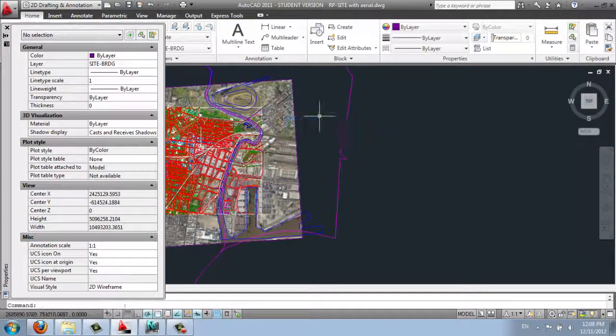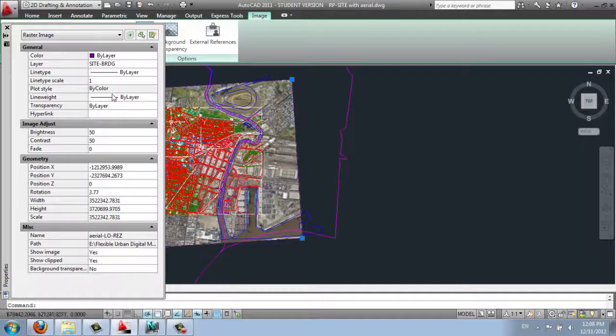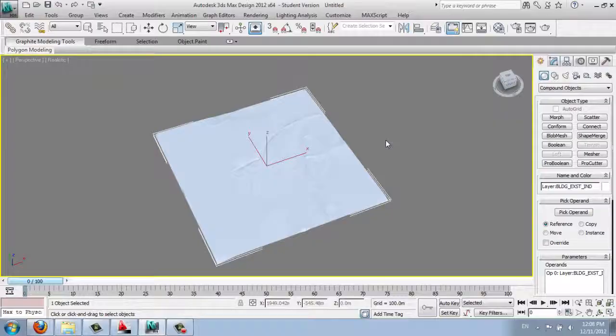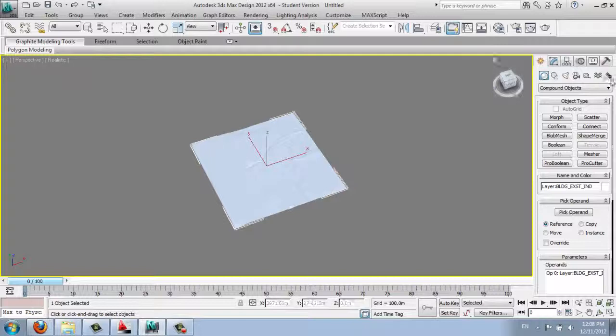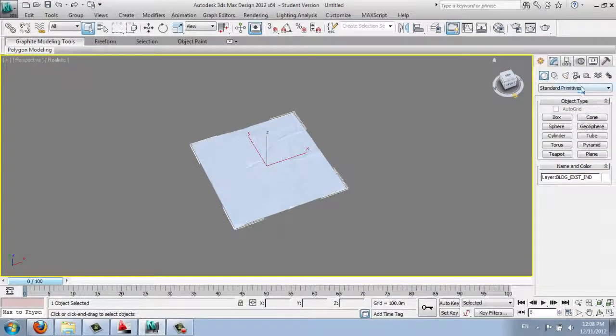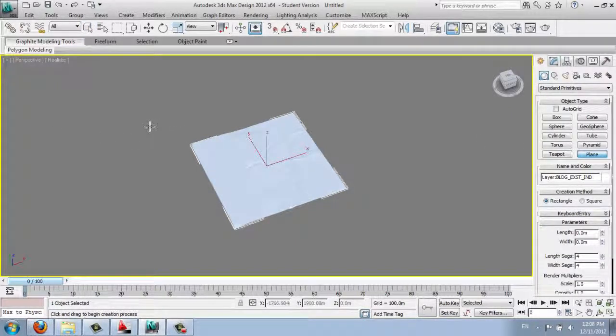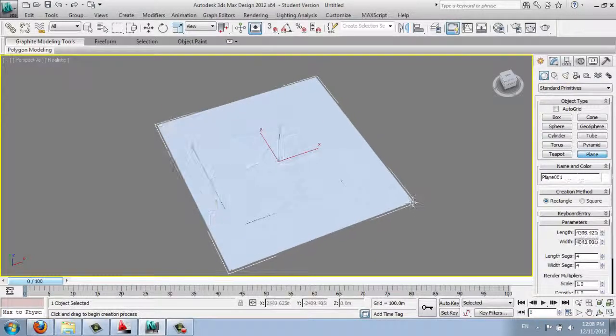and then select the image again, the raster image. And you can see the rotation changes, which is 3.77. So what we're gonna do is you go back to 3ds Max, and then you create your standard primitives. You create a plane, which is bigger than your terrain, and then